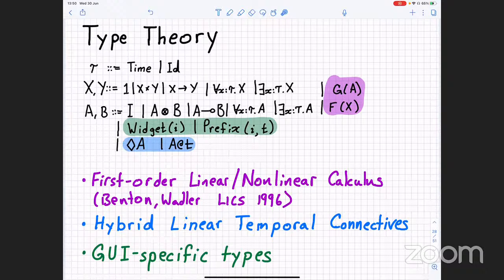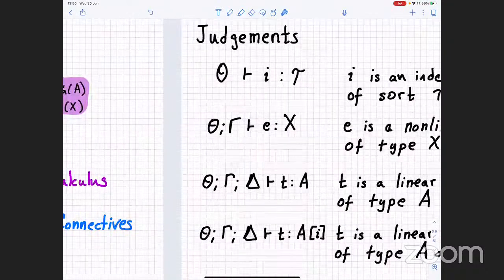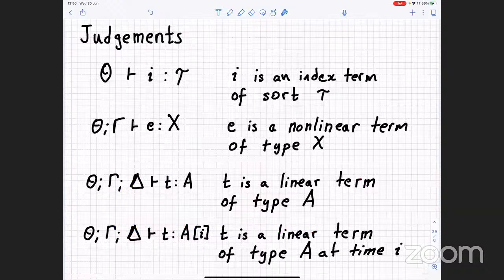And then the rules for this type theory actually turn out to be extremely straightforward. There's a lot of judgments because anytime you have a first order quantifier, you need a judgment for all of the index sorts. And then we're going to have a judgment for the nonlinear things. And then we're going to have another judgment for the linear things. And so you can see here that